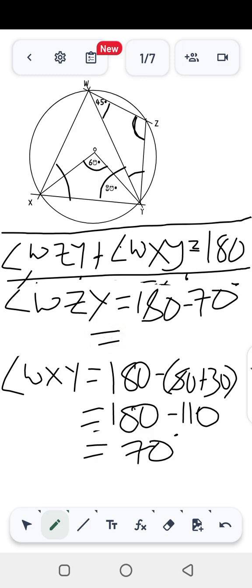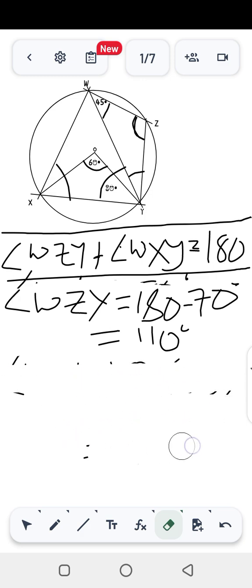So this will give us 110 degrees. Now inside triangle WZY,